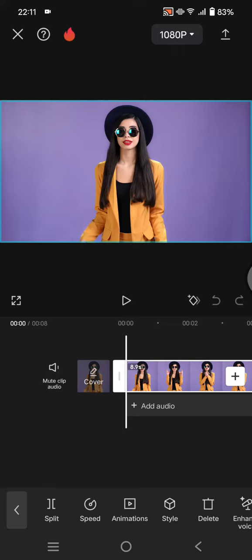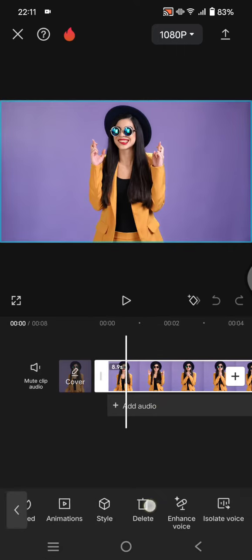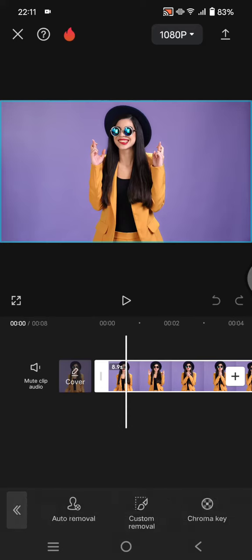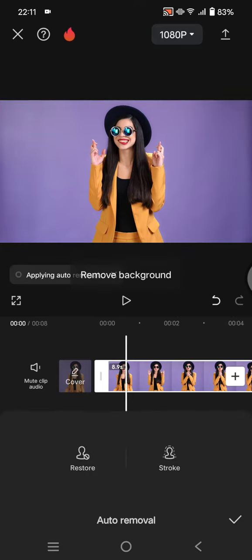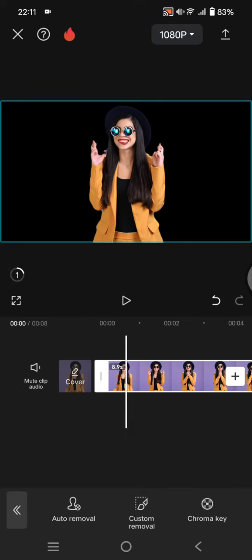So here first I'm going to remove the background, so click on the video on the timeline and go to the remove bg menu, this one, and I'm going to just use the auto removal to make it quick. So now the background is removed. Click on the check icon, and to add a new background into this video, go back